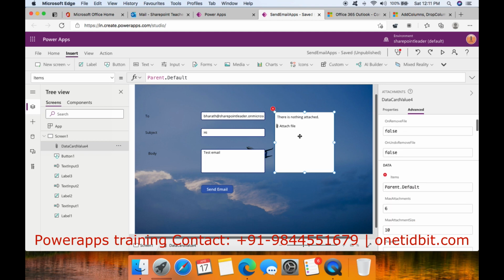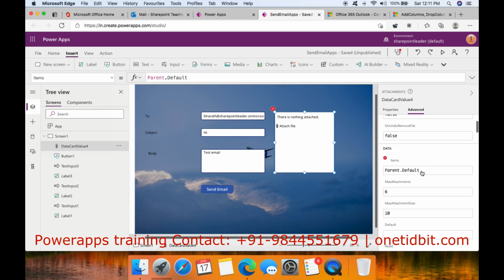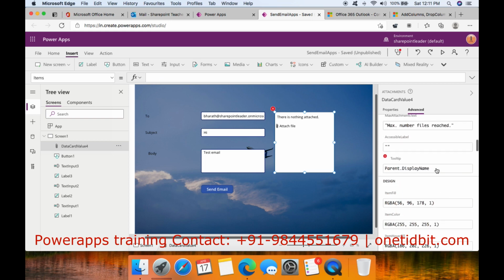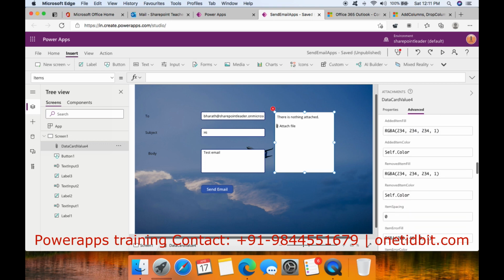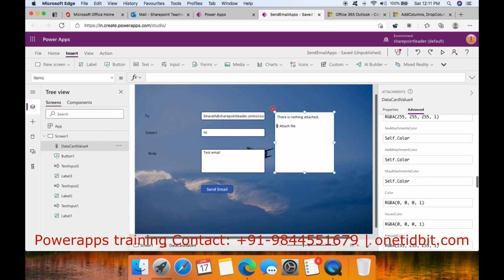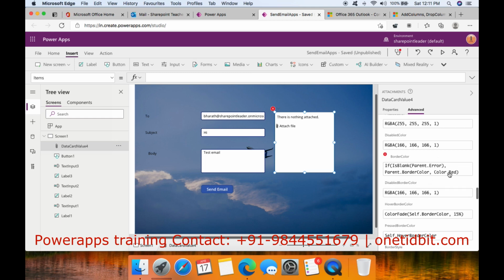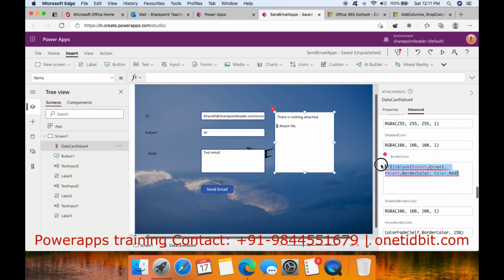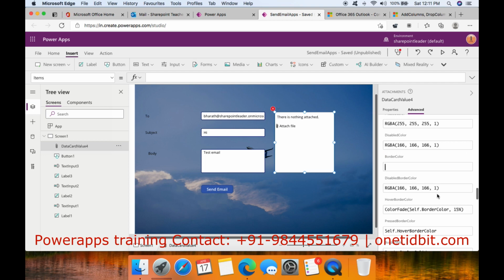Here, if you observe the properties of this attach file data card value, remove all these values. We have so many values here, remove all the values, and here there is also a border color, delete it.